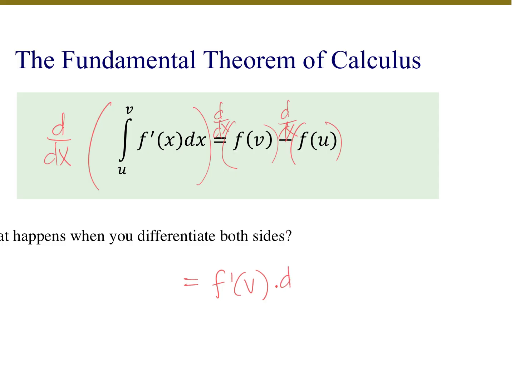So then dv dx comes after that, right? And then minus, and then the derivative applied to lowercase f of u would be f prime of u times du dx, so the chain rule of that. So in other words, the derivative of something that has an integral